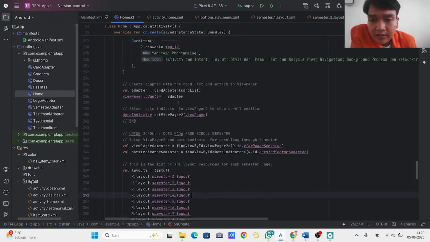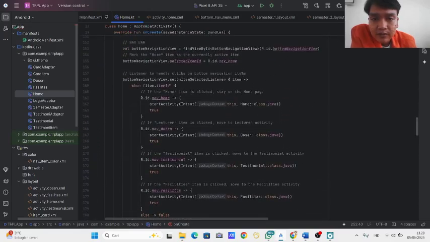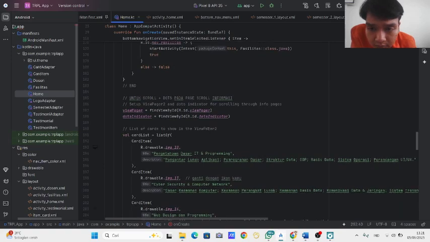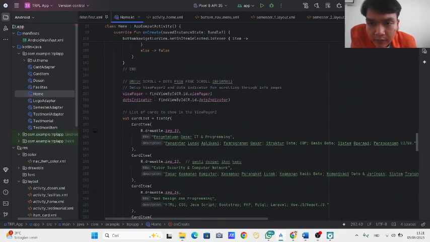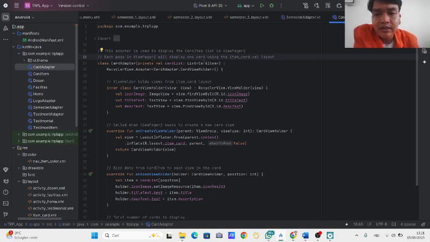Okay. For setting up view pager scrolling through the info page, we use card adapter and card item. This adapter is used to display the card item list in view pager 2. Each page in view pager 2 will display one card using the item card.xml layout.